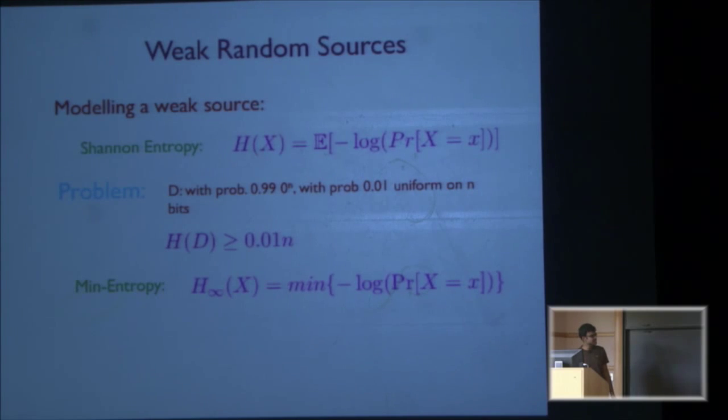To get around this, in the 1980s, researchers came up with this definition of min-entropy, which is sort of the worst-case version of Shannon entropy, where you look at the support of the distribution X, and look at the place where X places the maximum weight on a string x. That's sort of the minimum uncertainty that X has in its domain. And with this normalization, that's essentially min-entropy.